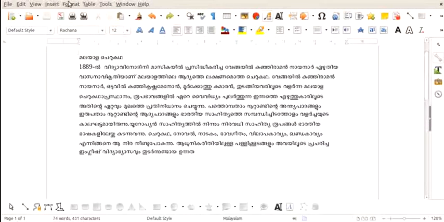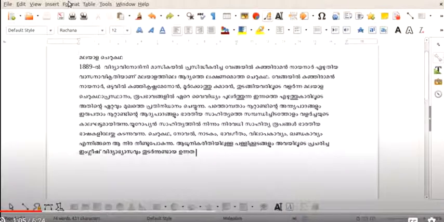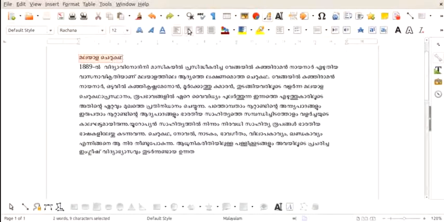In the menu, select first the heading Malayala Charukada, then click center horizontally button. Now it is brought to center.